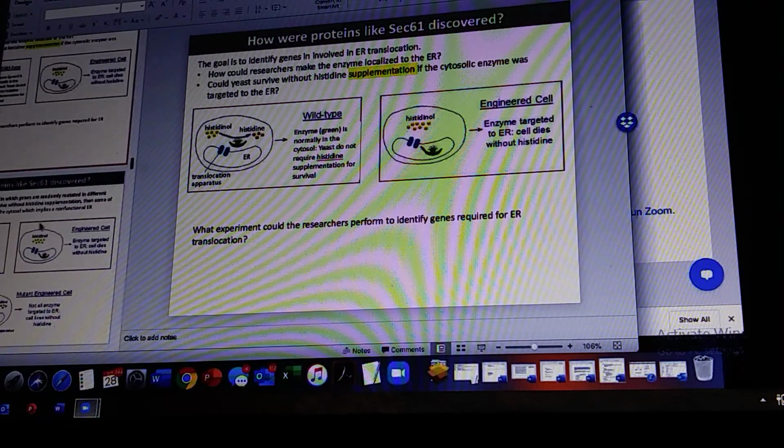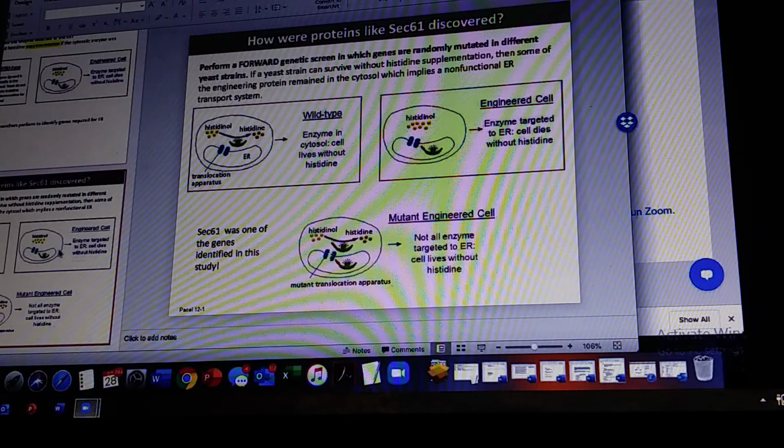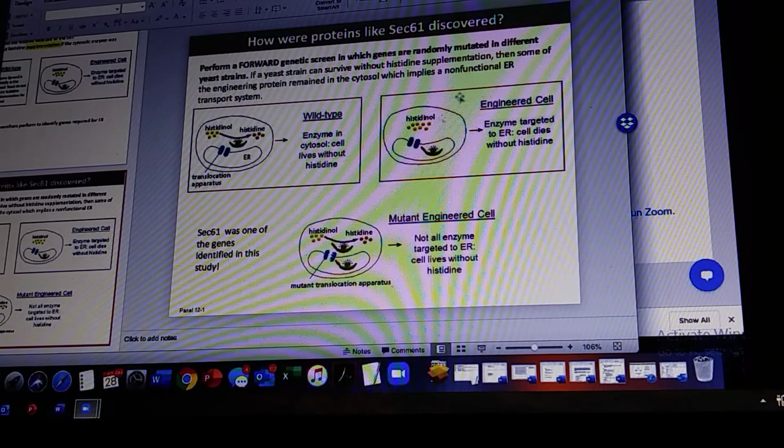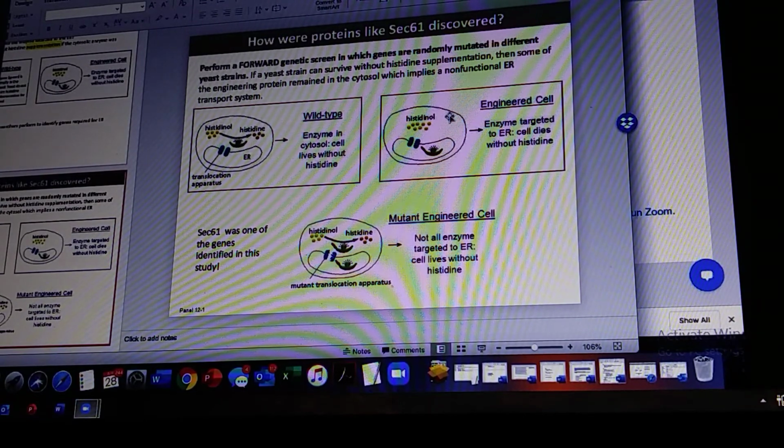So then what they actually would do, this is tricky, is, right, so this is the cell they worked with. This is their engineered cell. Then what they did is a forward mutagenesis screen on this engineered cell, where you just mutate genes, don't know which one you're hitting. And they took the yeast and they didn't grow it on histidine. And they reasoned that any yeast cells that could actually survive without histidine must be because they got a mutation